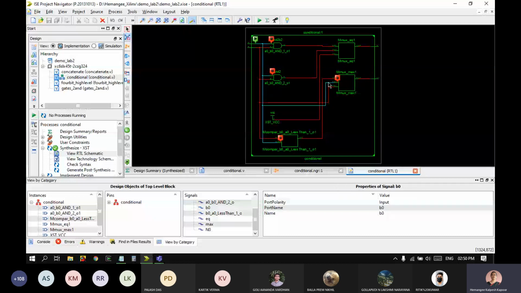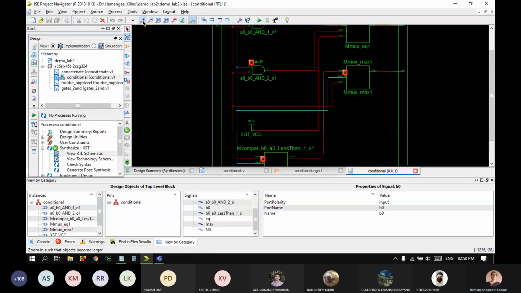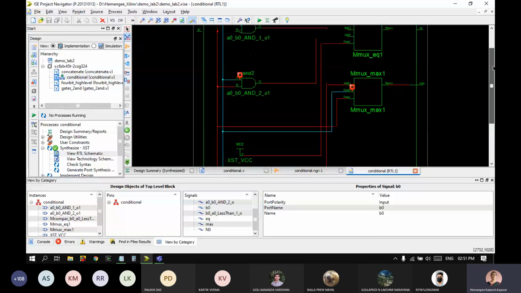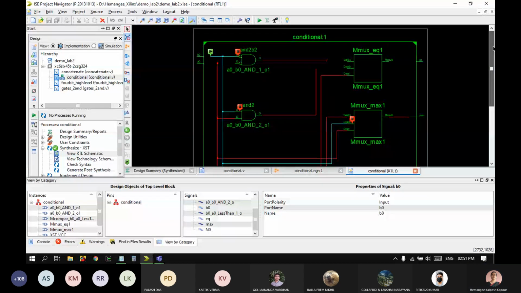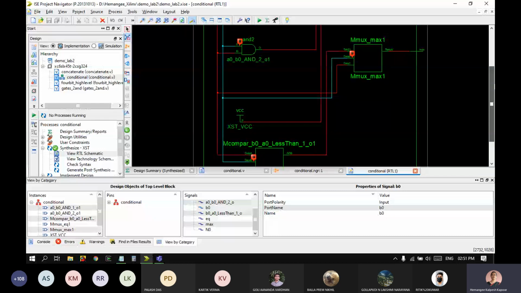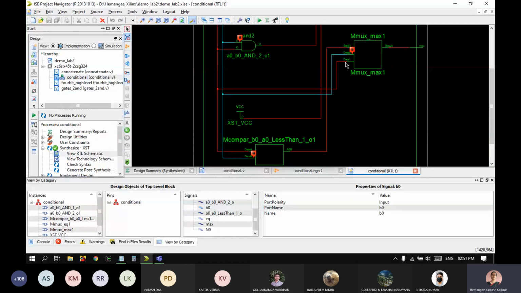Can we zoom a little? Okay, let me do it this way. The second blue line is B0. And look at this, this is data 0 and this is data 1. So one is A0 and one is B0, and one is the select input.